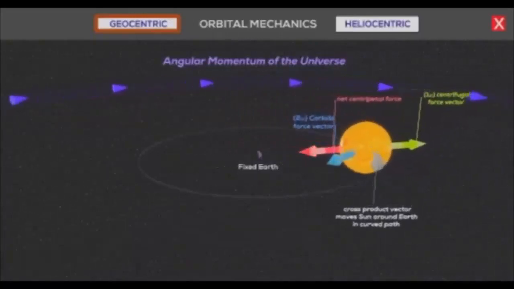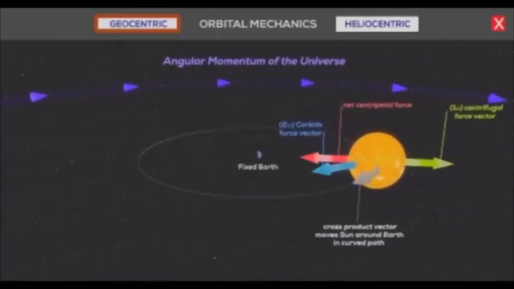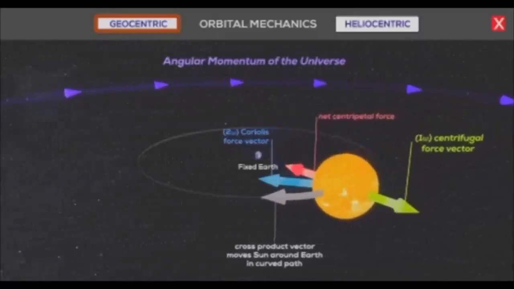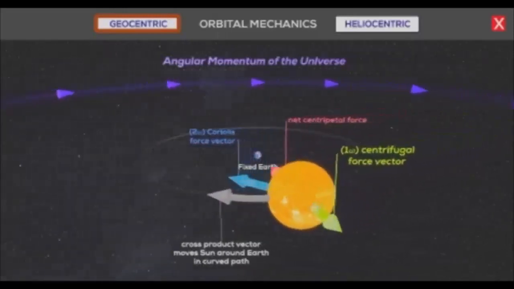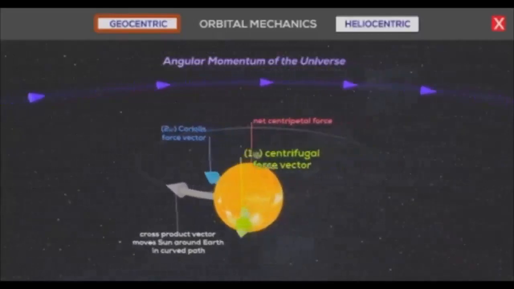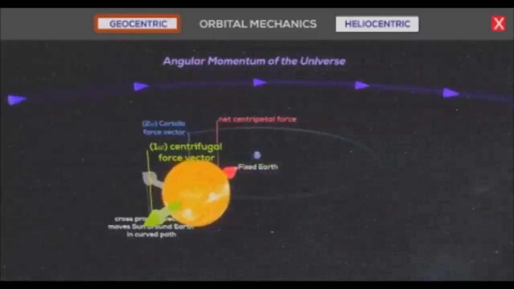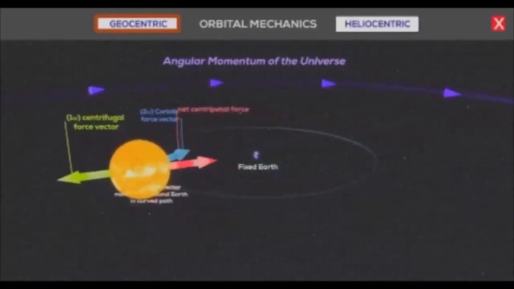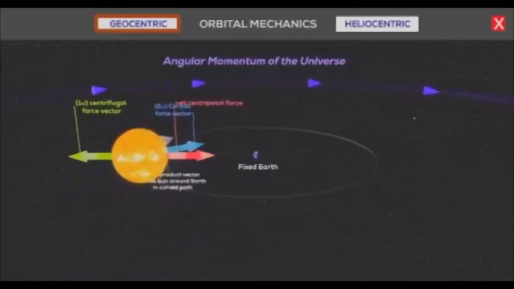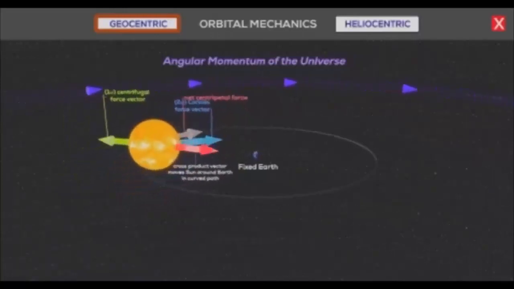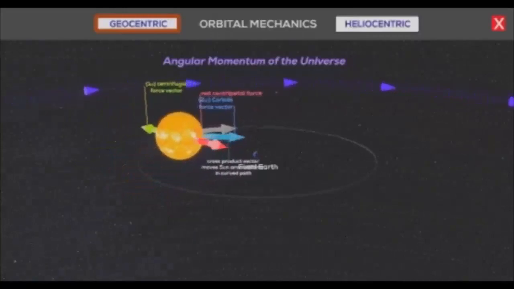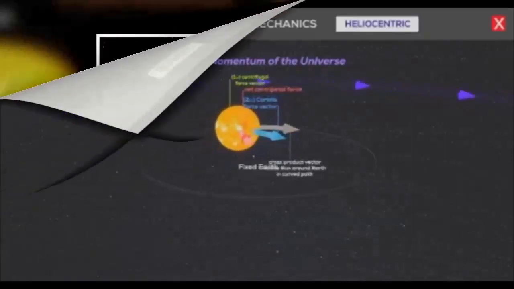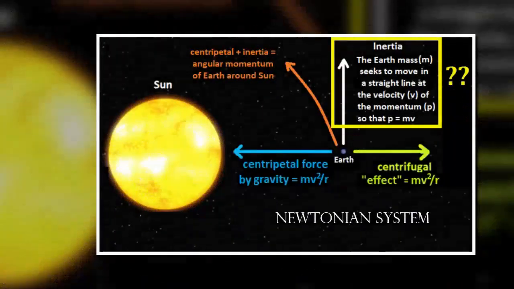Newton merely assumed the Earth was rotating and the universe was fixed, and he produced his physics accordingly. Newton's inertial coordinate system, his absolute space, allowed him to then claim that the inertia of an object moving in his absolute space will travel in a straight line. The corollary of Newton's proposition, of course, is that if the space in which the object moves is also moving, then it cannot be said that the object is moving in a straight line. It would be moving in a type of curved line. Although space for Newton had to be perfectly fixed, this presented several problems that Newton was never able to explain.